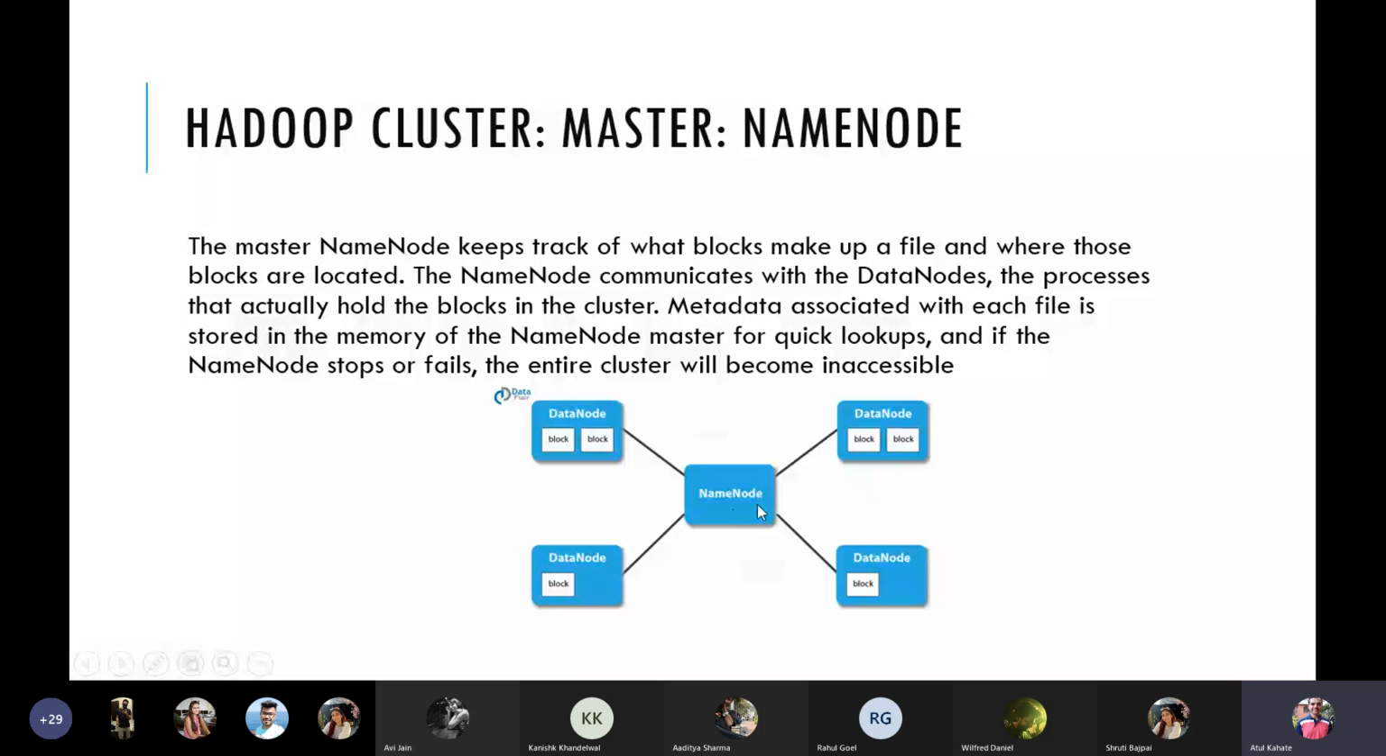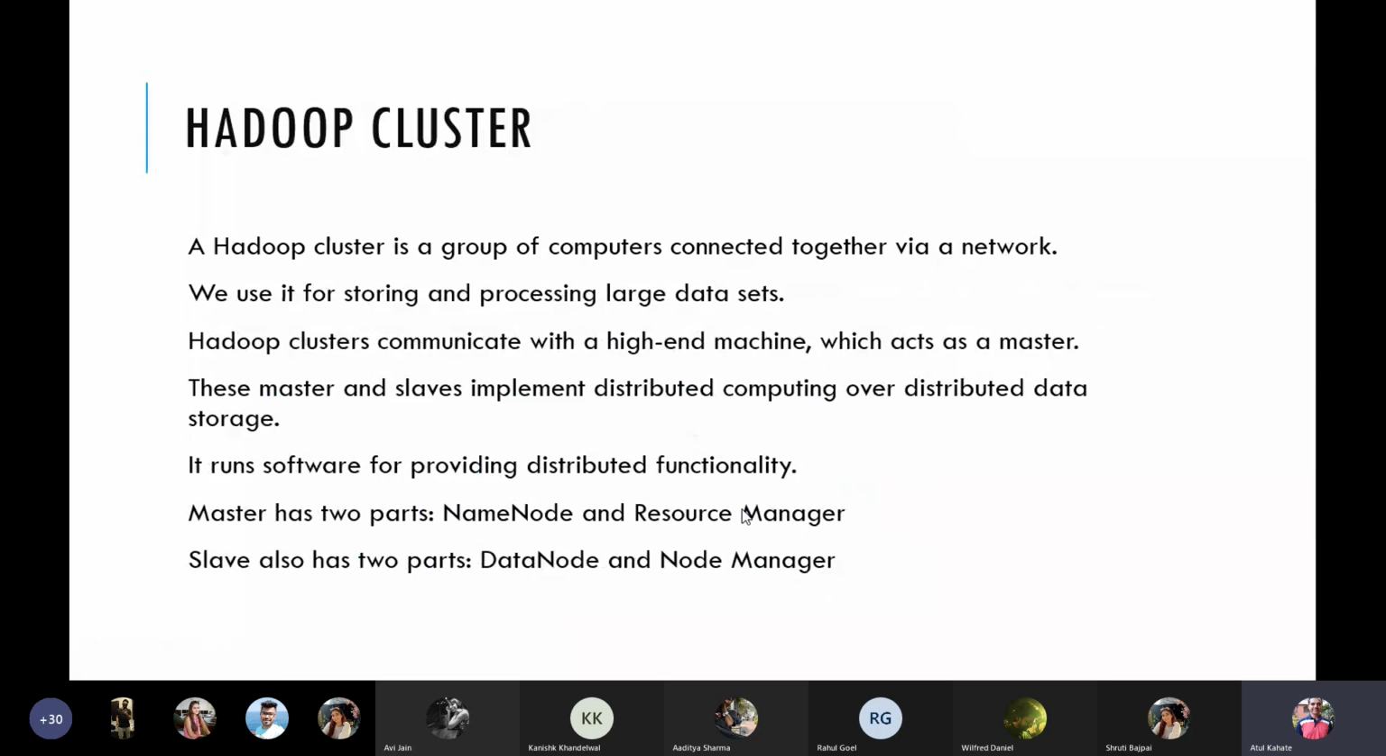But if the name node itself fails, then just having data blocks on data nodes is not useful, because we simply don't know what data is stored where and how to access it. Only name node can do it. Therefore, it's important that the name node is up and running,